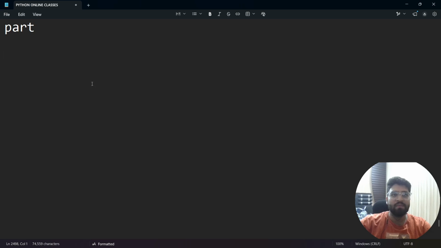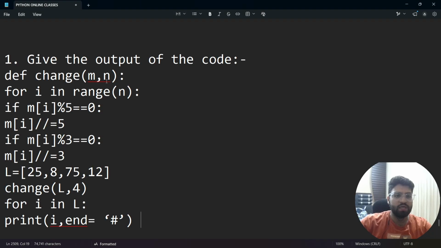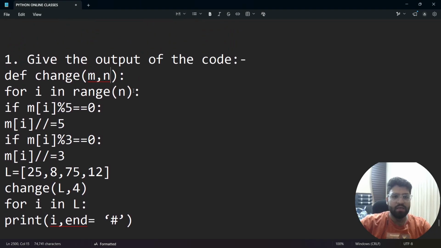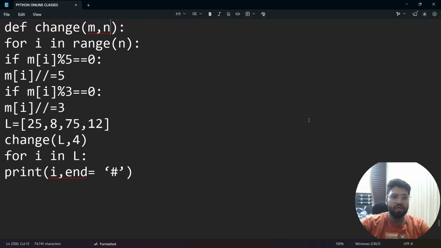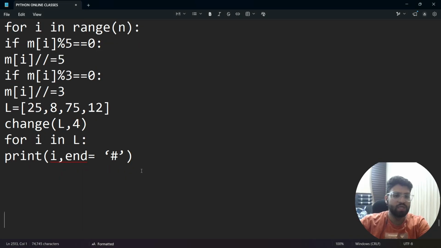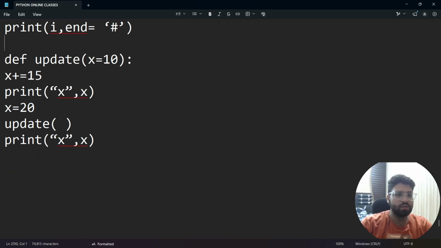Okay, so now we have some practice questions based on the functions. This is the first question here. Define change(m, n): for i in range(n): if m[i] % 5 == 0, m[i] //= 5. So I am writing a few codes here and you have to give the answers of those codes in the comment section so that I can know